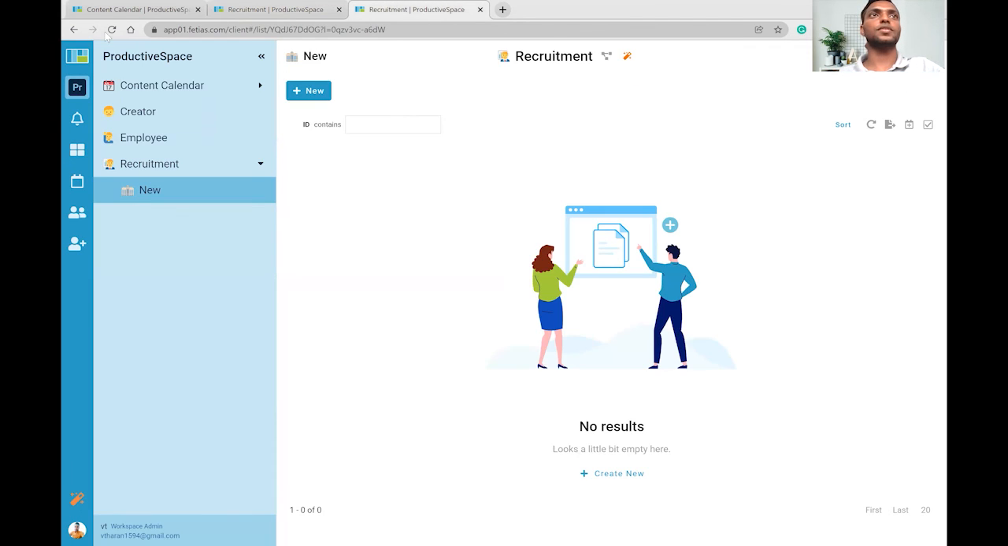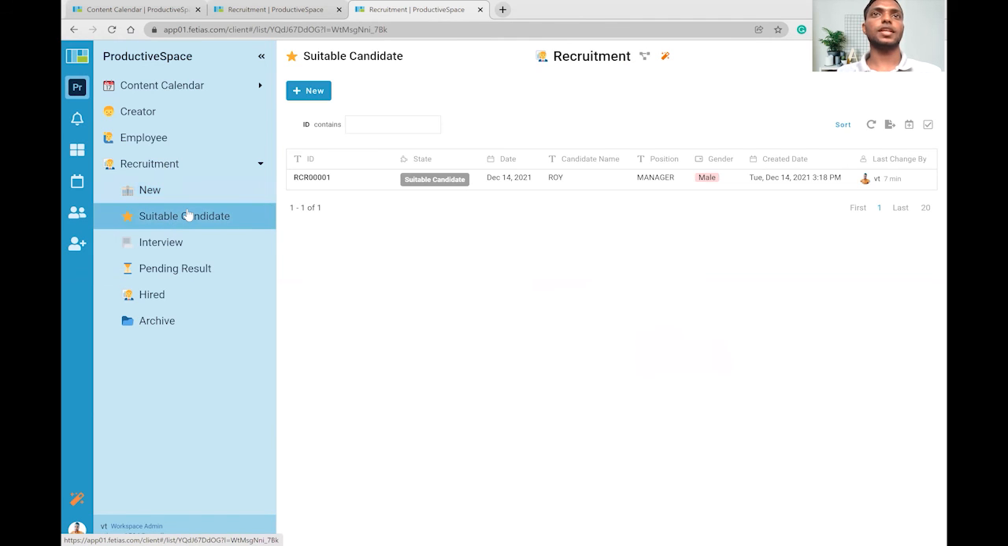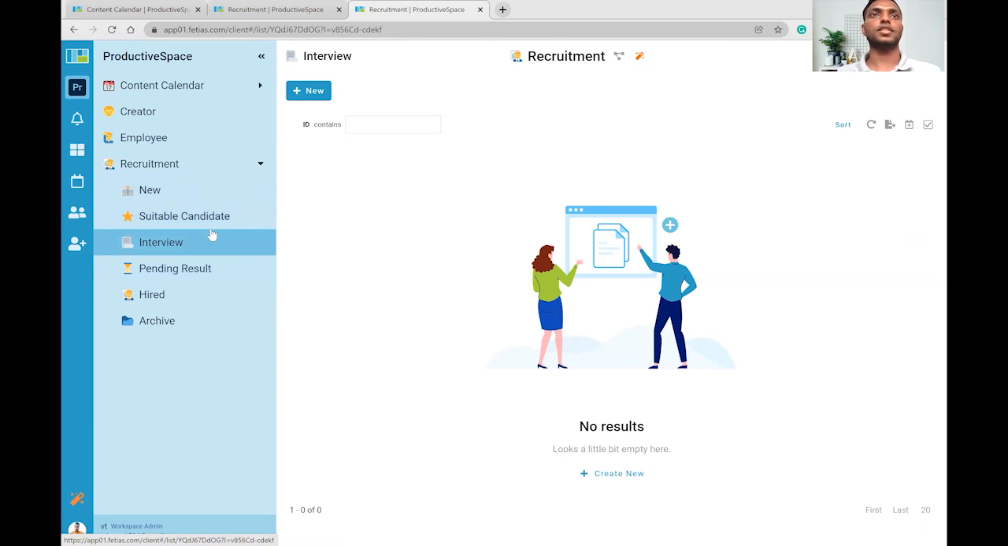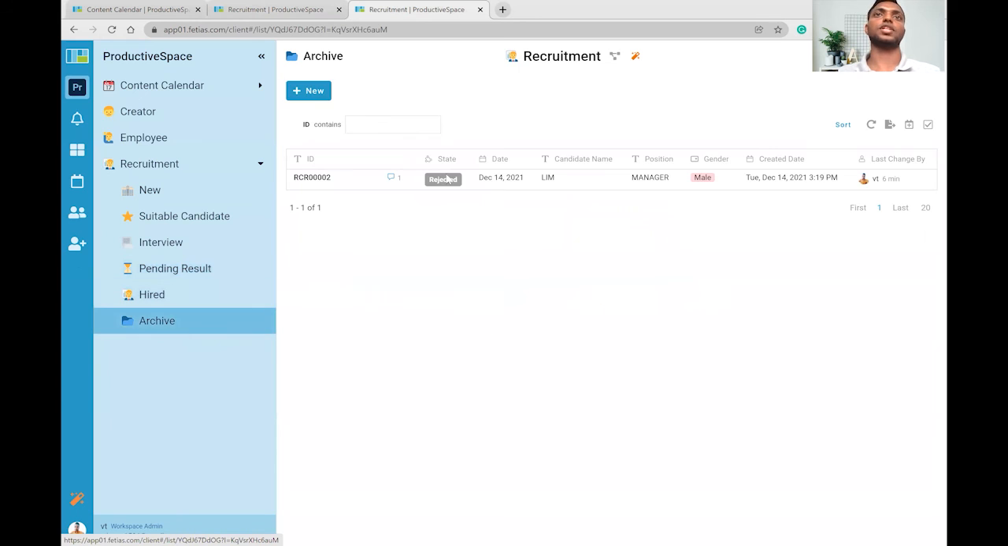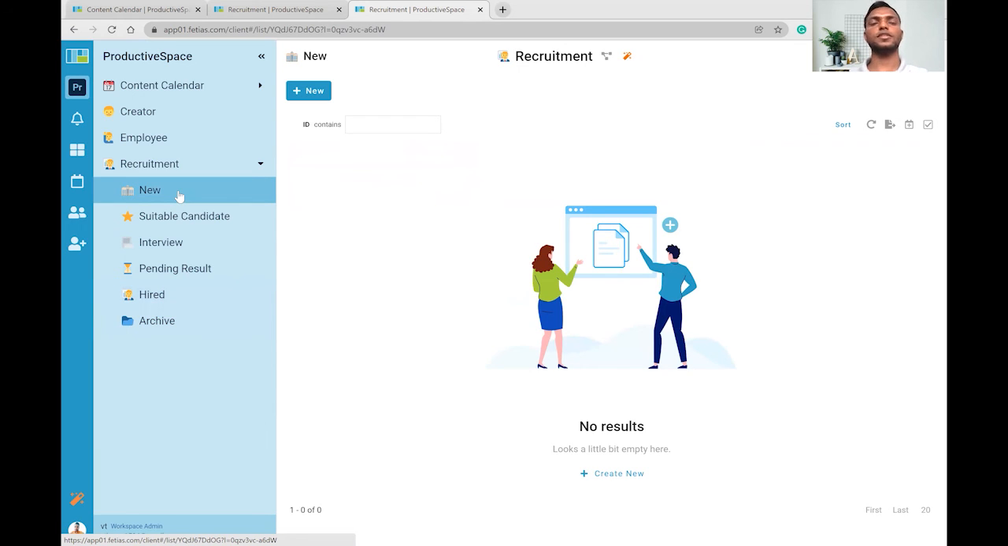We go back to client view to see how it looks now for the recruitment module. So you can see now we have almost 6 listings separated by the state: new, suitable candidate, interview listing, pending results, hired and archive. Rejected candidates actually go to the archive list. So to continue with the process,